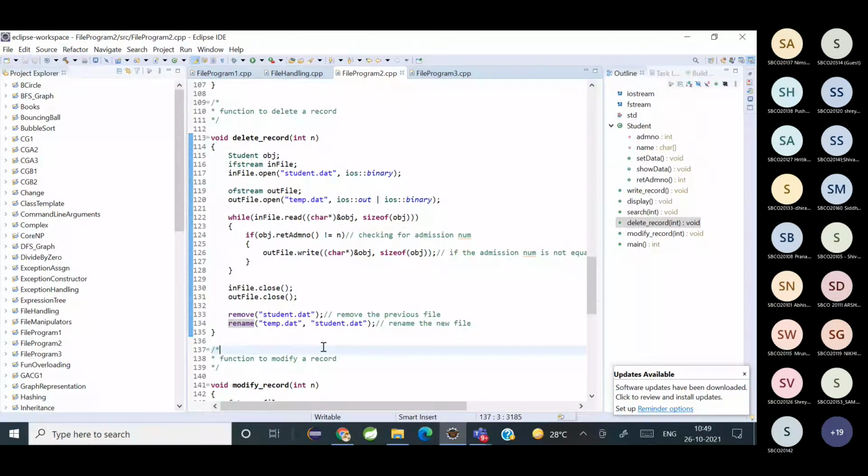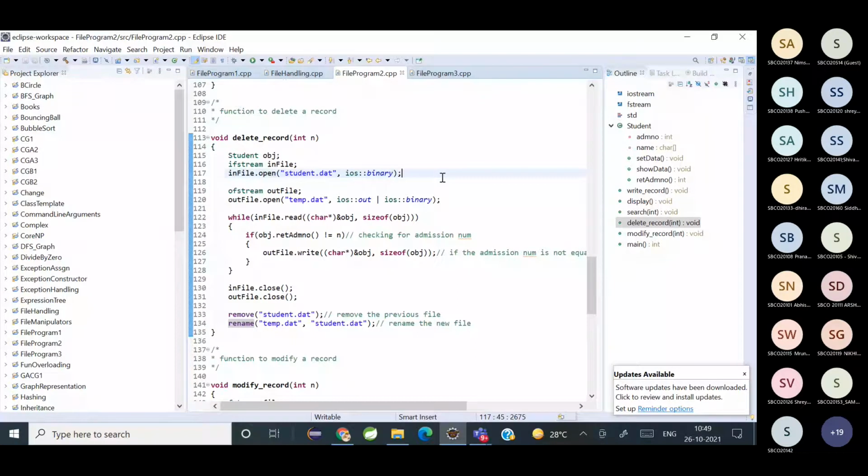Yes, ma'am. Now look at the lines one by one, what is happening here? You're opening the file. What is happening in line number 117? Come on, students. It's such an easy statement.